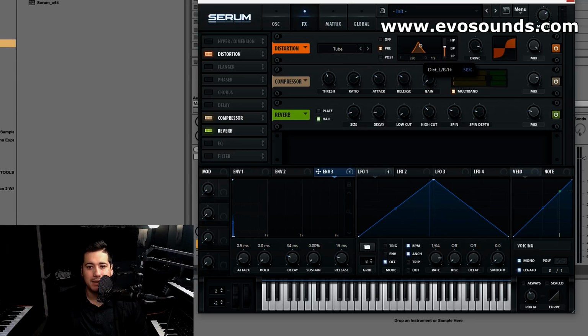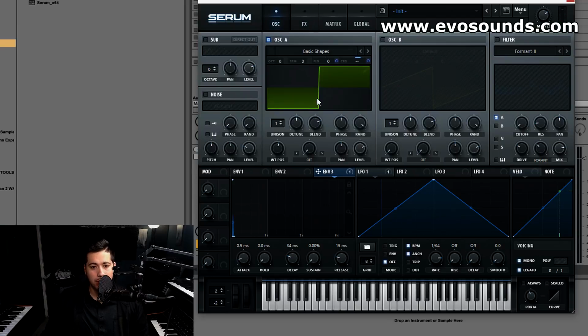From there you can apply a pre-filter to get different tonalities out of it. So it's up to you to decide from there. Now the last tip I'll give you before we move on to the second sound we need to learn how to make